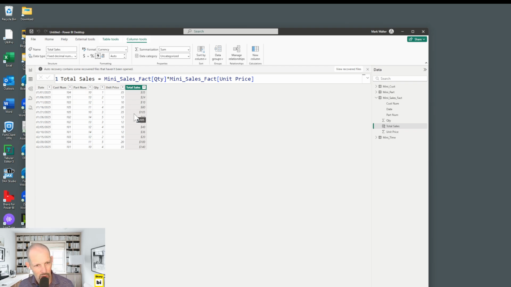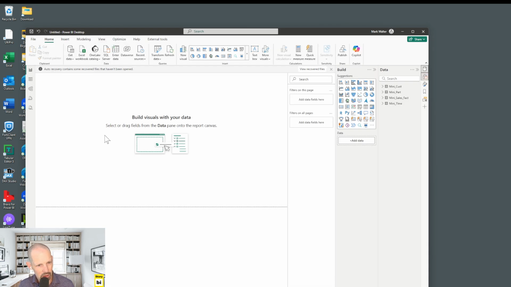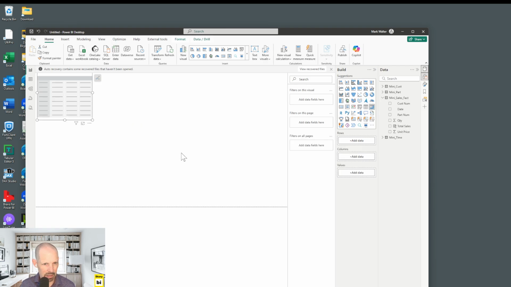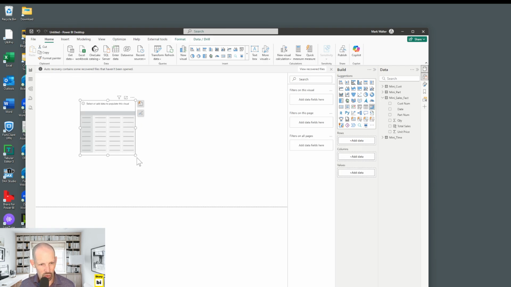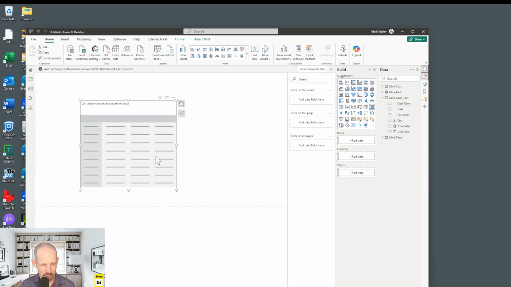Now we're going to go from the table view to the canvas view that holds our visuals. And instead of a pivot table here, I'm going to create what's called a matrix in Power BI. You just create the visual like that, you put it on the canvas. It's very similar to a pivot table in Excel, but it's specific to Power BI. I'm just going to create the same